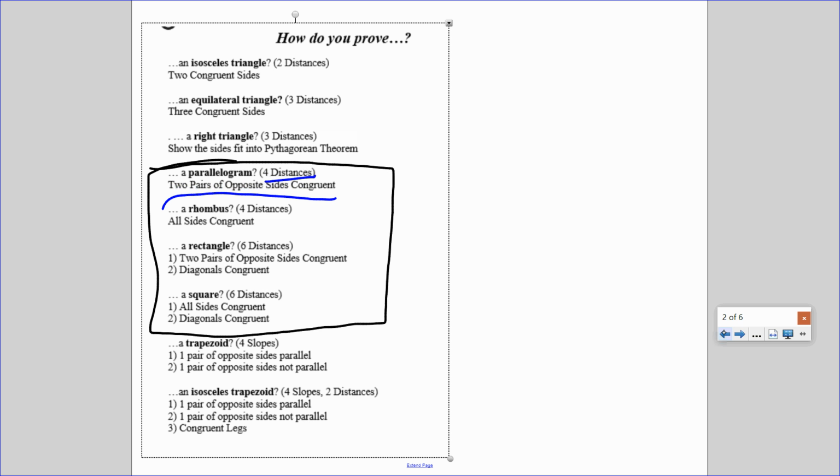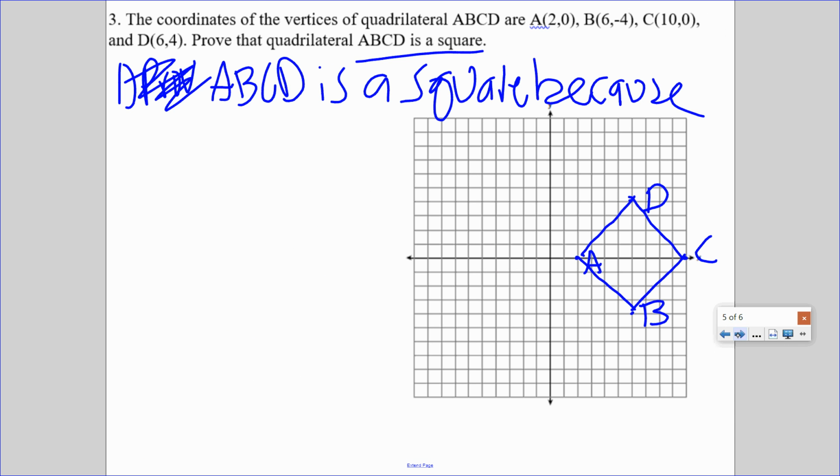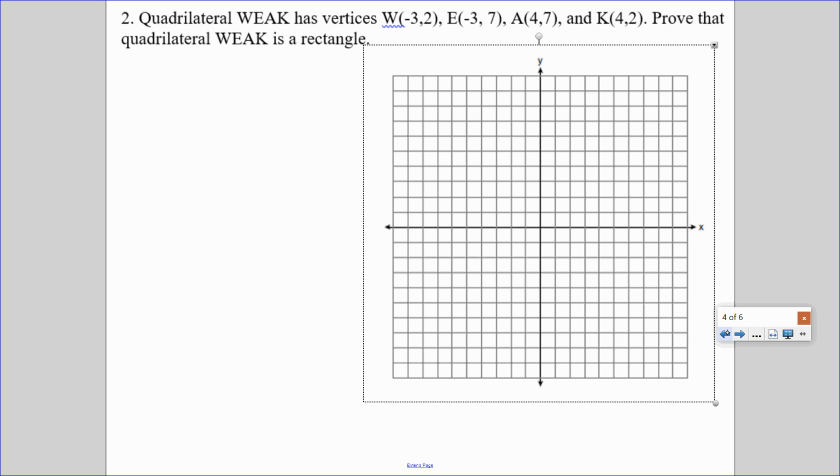ABCD is a square because. And I'm looking right here. You finish that sentence on your own. I'll give you a few seconds. ABCD is a square because